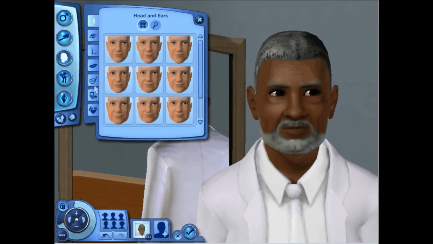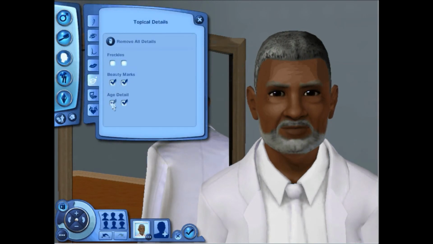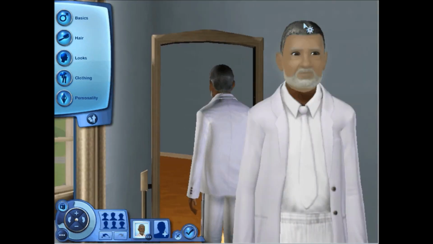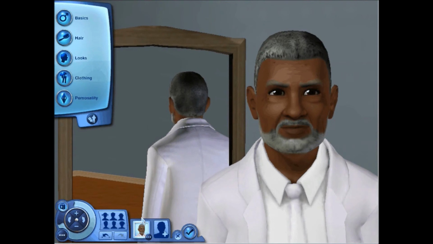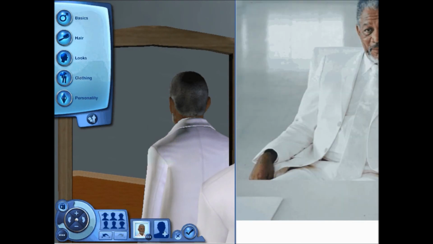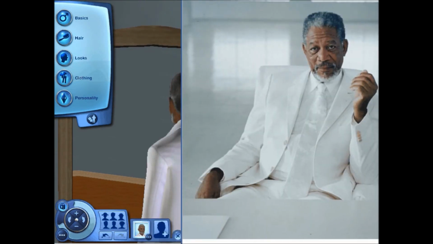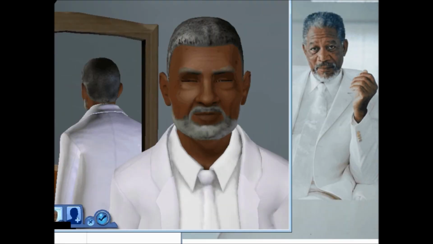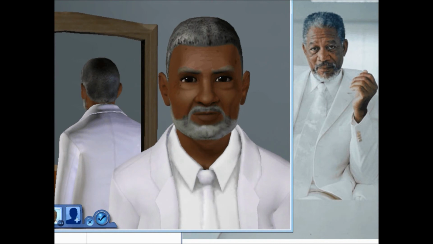I ended up adding those age spots I was talking about earlier because I thought that's a really defining feature on Morgan Freeman. You should have that on Morgan Freeman. And also, I didn't show it in the video, but I went through and chose traits for him that I think Morgan Freeman would have, so that way it really is like Morgan Freeman. And my computer is sort of lagging here because of all the applications I have up. But you can see this is the Morgan Freeman I ended up with,